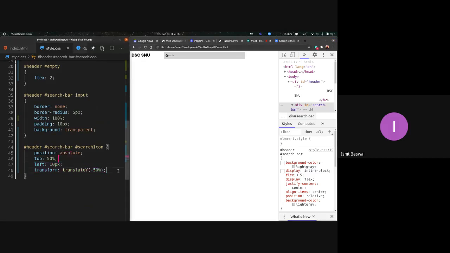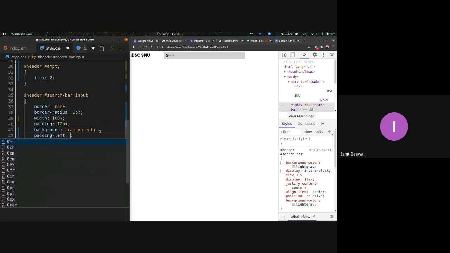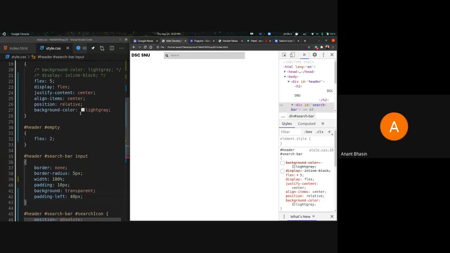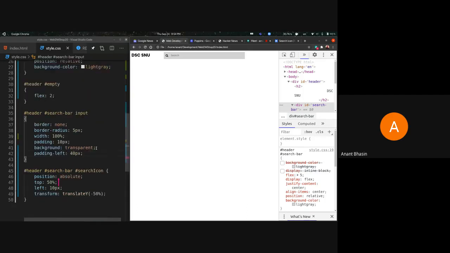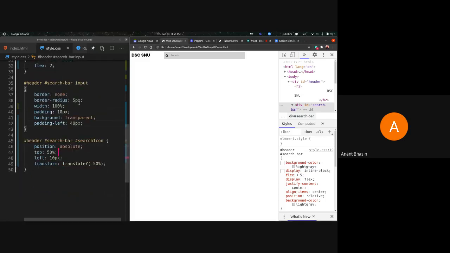We actually wanted to introduce JavaScript today. So instead of introducing a whole lot, I think we can just give the basics of JavaScript in the console itself. I just made it a little bit prettier using padding left. So the placeholder now starts with 40 pixels from the left. That's just so that the search icon is separate from everything else. Now we can make it a lot prettier, but you guys have learned all of those properties before. So let's start with JavaScript.